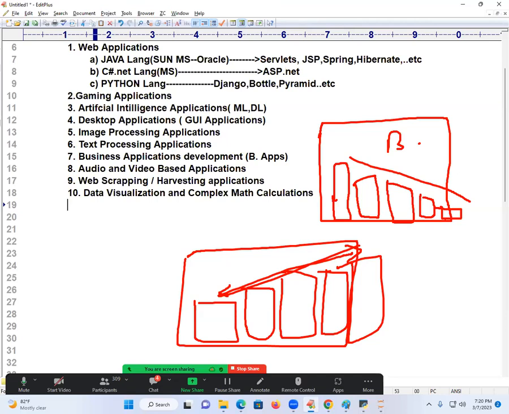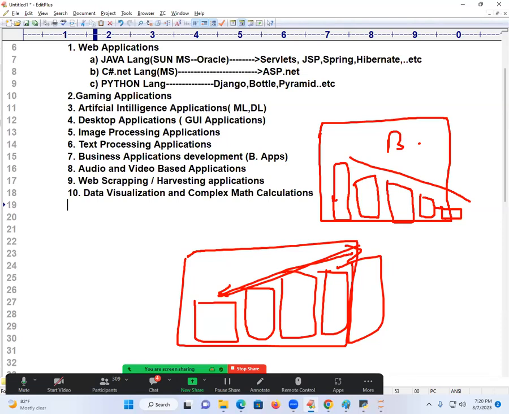Such portions will be expressed by what? Visualization tools. Such visualization tools are called what? Graphs. A fruit merchant is contacting you. He is asking, which fruit am I selling more frequently? You have to study his nature. And at the end of the day, you will suggest, tomorrow onwards, sell this fruit only because you have the highest percentage of selling and the highest percentage of profit. These are all called what?